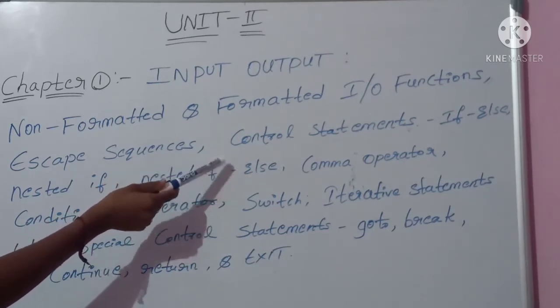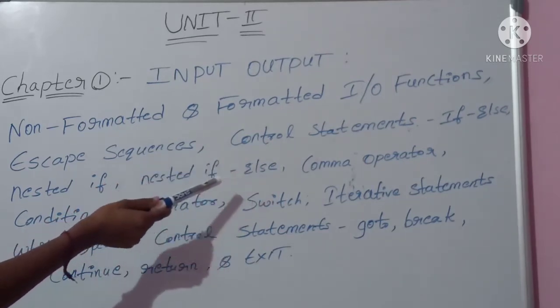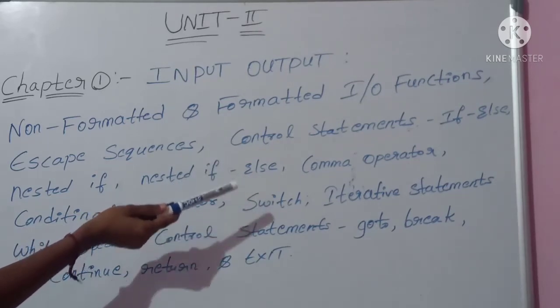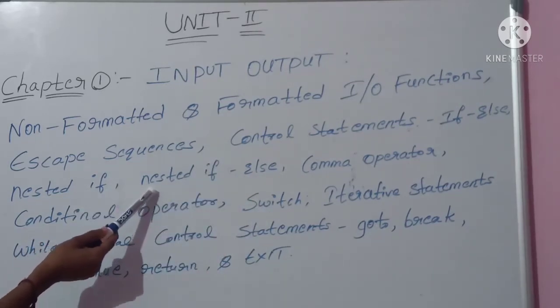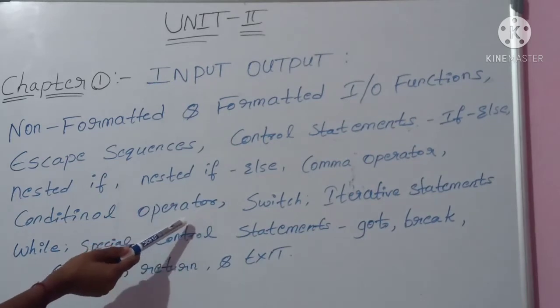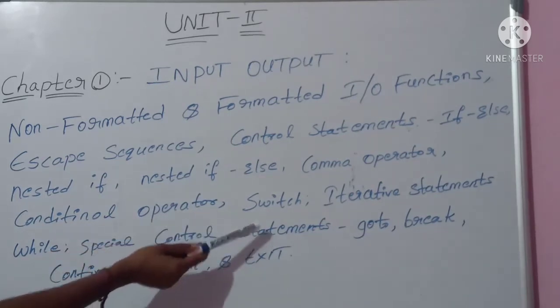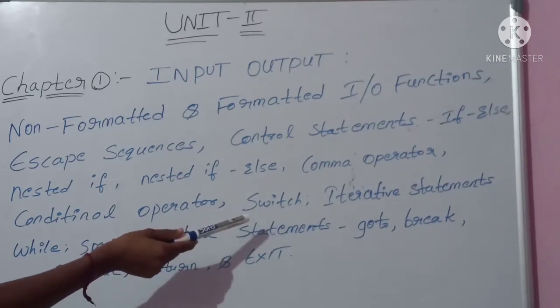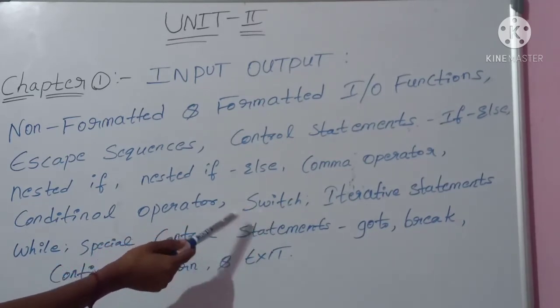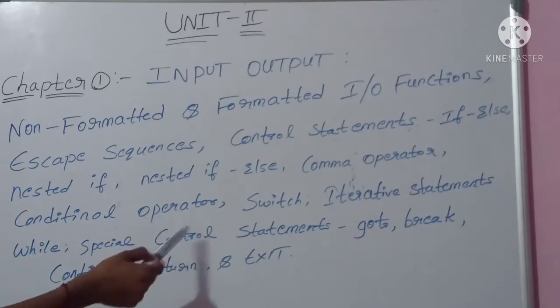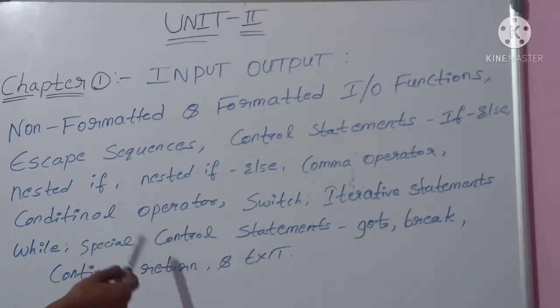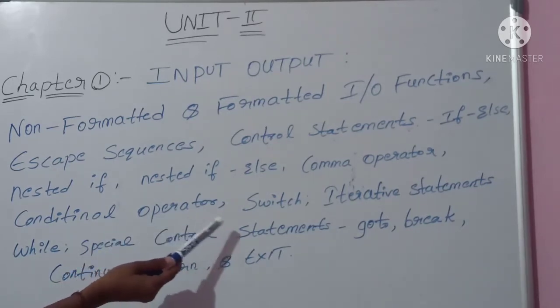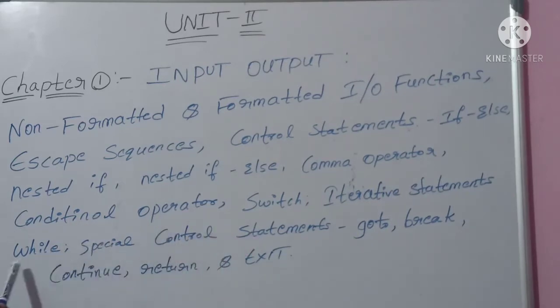In control statements, branching statements, we have 5 types. That is the if statement, if else, nested if else, and we also have the switch statement. Okay. Later we have iterative statements. Iterative statements are also called looping statements. Looping statements is nothing but the process of repeatedly executing the statements, which is called looping or iterative statements. And in looping statements we have 3 types: for loop, while loop, and do while loop.